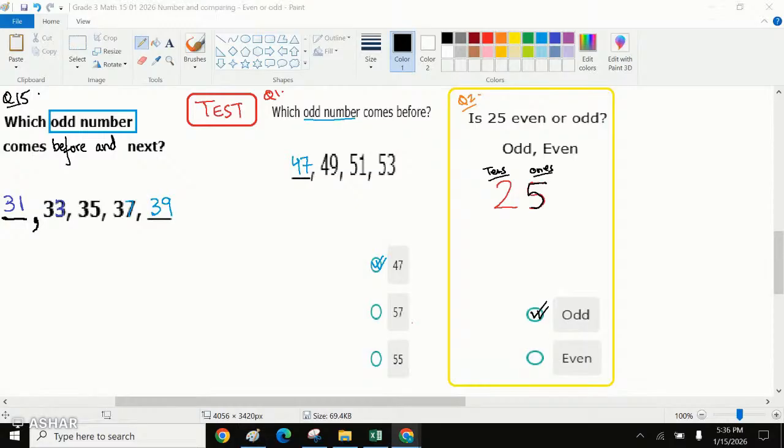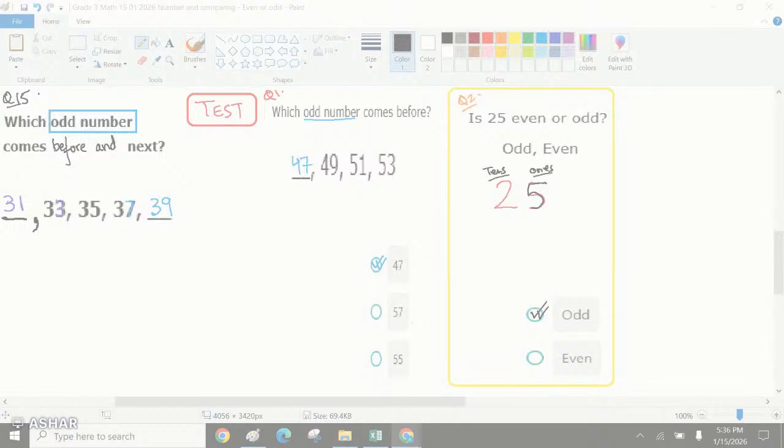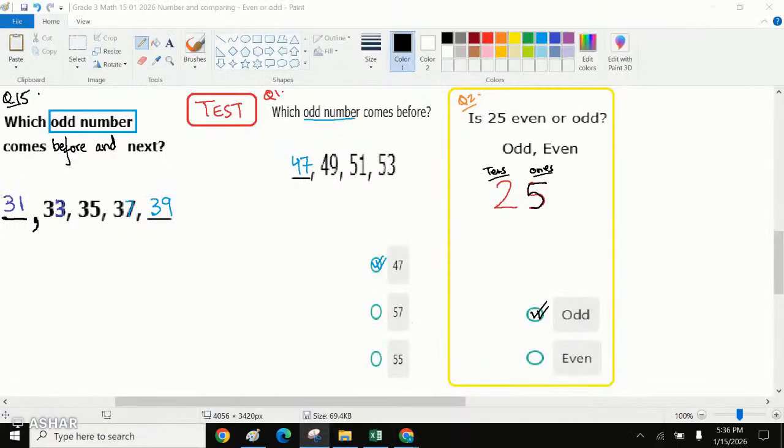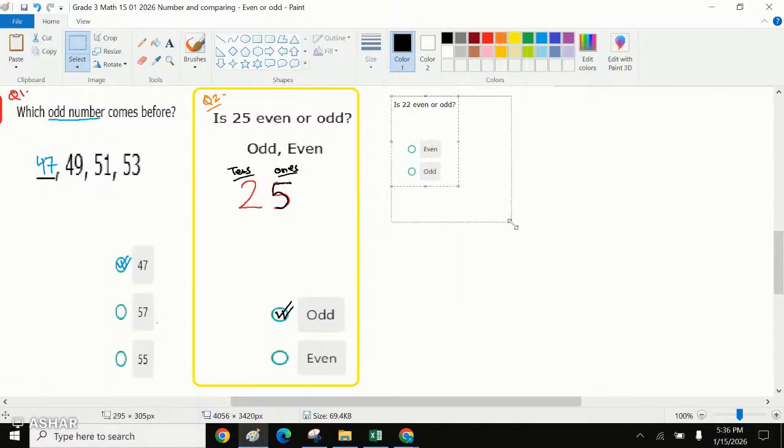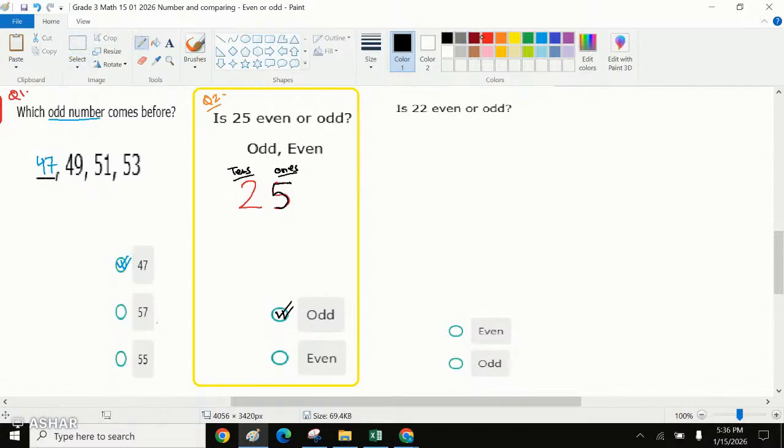So the next question, they're giving us one number and they're asking, is it even or odd? So question number 3 from the test says, is 22 even or odd? We need to see 22. And we know that 22 is ending with a 2 on the ones position. And any number that